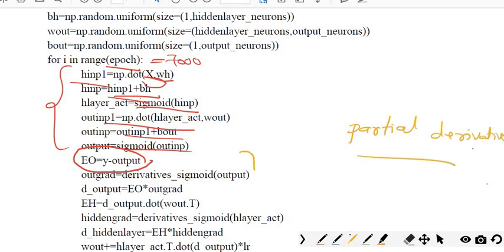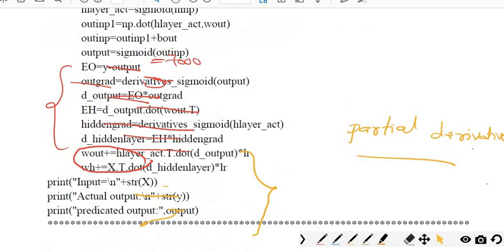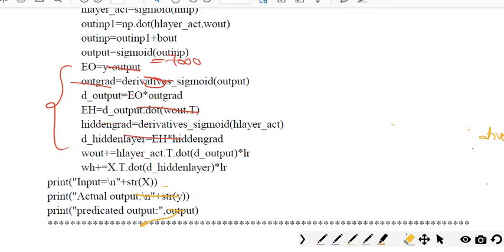So from here back propagation will start. From the output we calculate the actual weight we have to take, then go back to the hidden layer, and from the hidden layer again go back to the input layer. This is how we change the weights. For more theory, you can watch my video on back propagation, which I have already uploaded, where you can learn about the back propagation technique. This will again repeat up to 7,000 times so that we can get an accurate result.